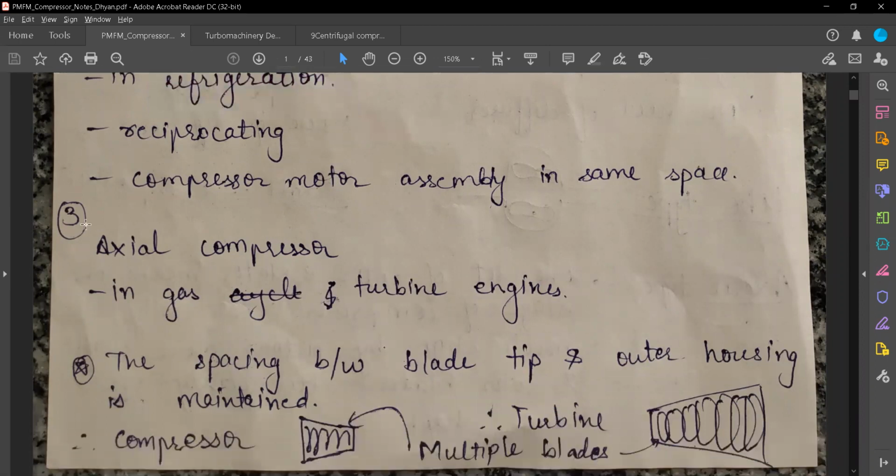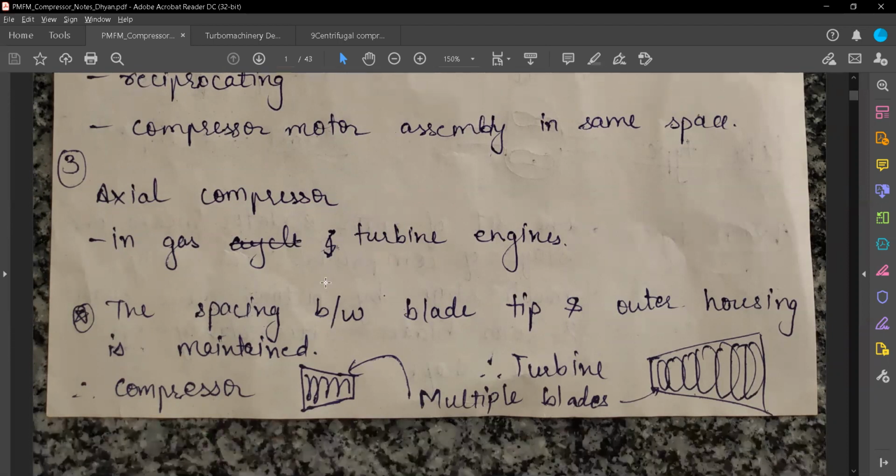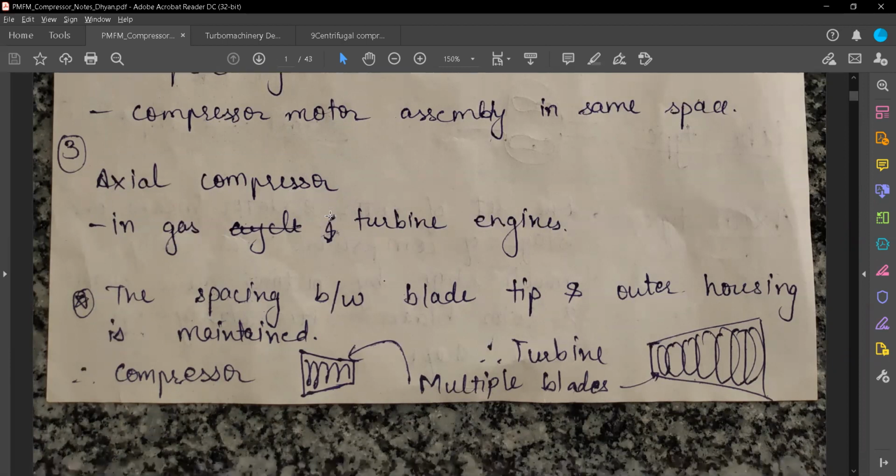So these are the compressors which you would have seen in a gas turbine engine. So wherever you fly in an airplane, recently the airplanes are generally having steam turbine engines. So they are having compressors of axial configuration. Earlier we didn't have the steam turbine engine, so they used to have reciprocating type of engines for compressing air. But right now the engines are steam turbine engines, and over there we have axial compressors and axial turbines. So we'll see the turbine in the next chapter also.